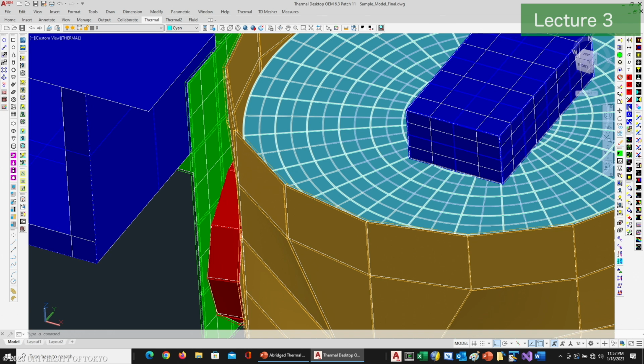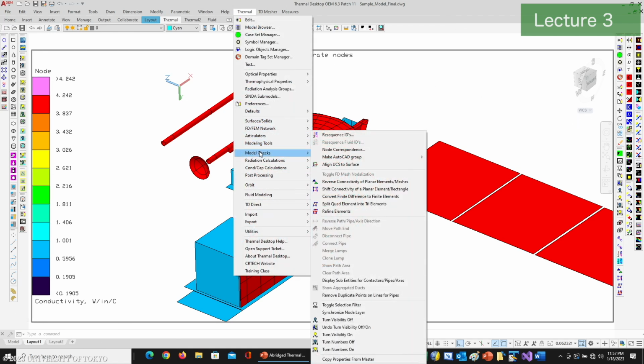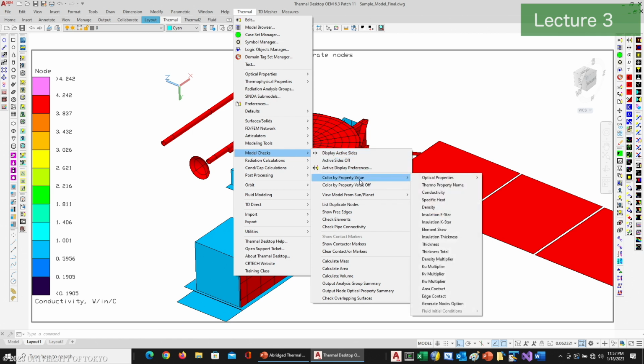Contactor checks we already talked about. You can look and see what the conductivity of things is. There are also, let's see, under the model checks, you can display by the optical property color. So if you make white paint be white and make germanium black Kapton be gray and make Kapton be orange and make black paint be black, silver Teflon be silver or white, then you can display something that looks like it. There's also some handy things here to check and see if there are any Ku, Kv, Kw